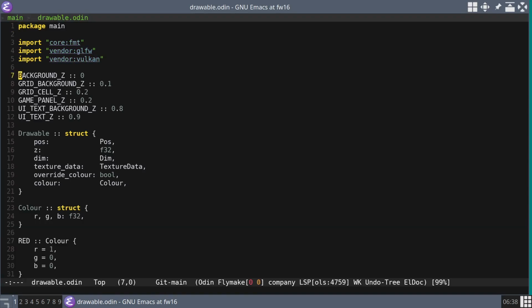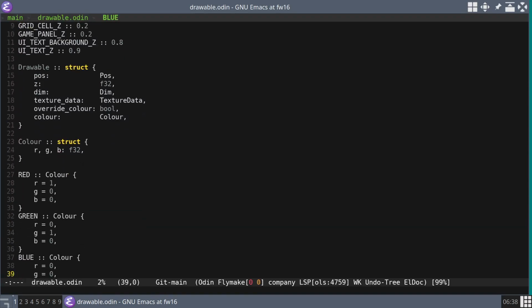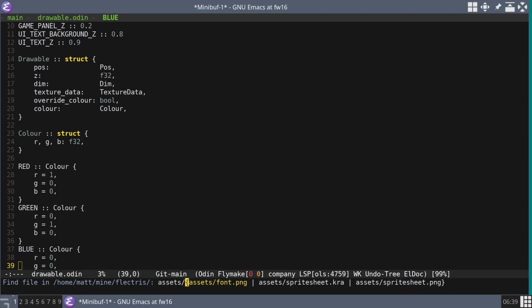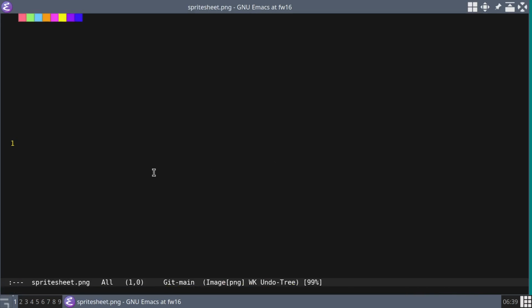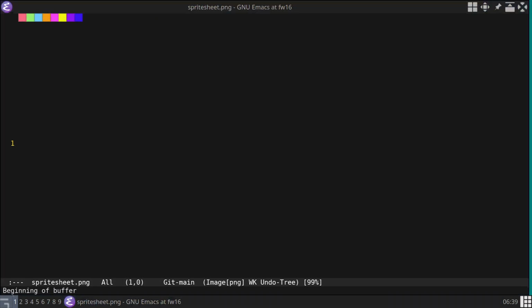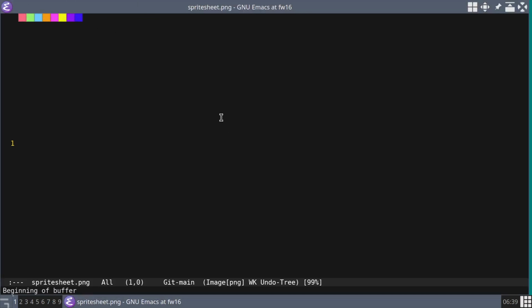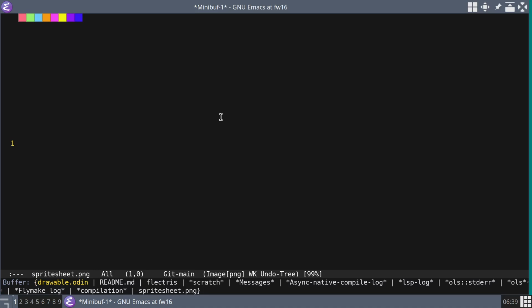So, what is there to do? One thing I think worth doing. So, in our assets, we have our sprite sheet PNG. We've got 1, 2, 3, 4, 5, 6, 7, 8. I think it makes sense to pull the values used to refer to those out into constants, because I think